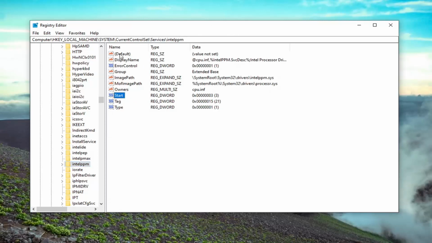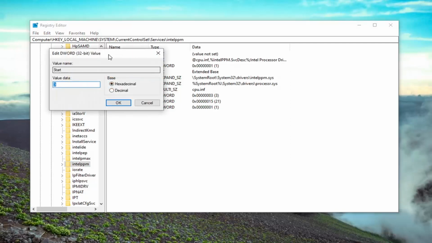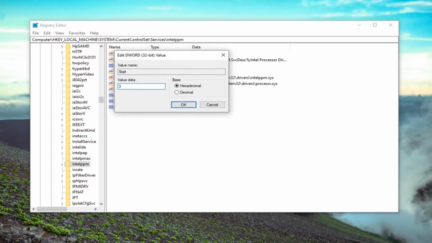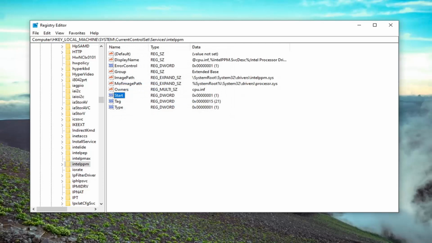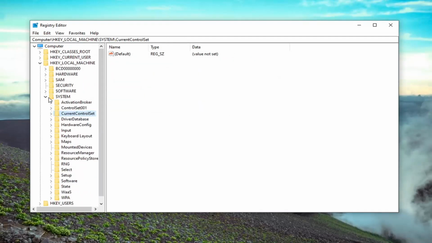And now you want to direct your attention over to the right panel where it says Start and it's a REG_DWORD value. Go ahead and double click on that. In the value data field, delete whatever number is typed in here and type the number 1. Select OK. And once you've saved that, you can just close out of here, restart your computer, and then hopefully